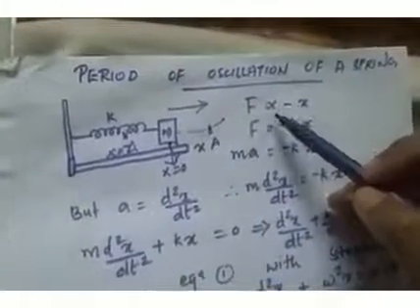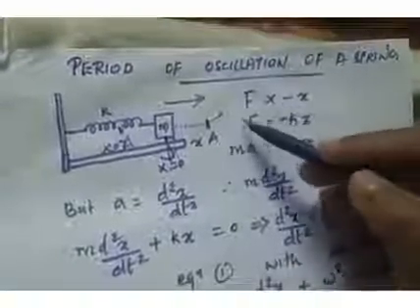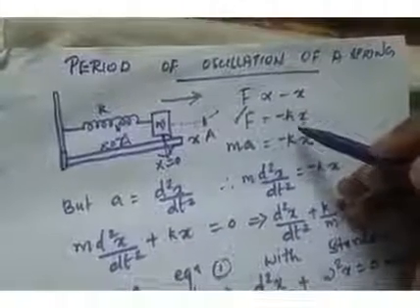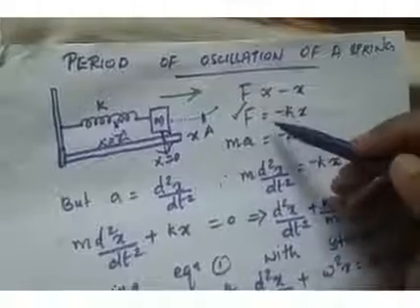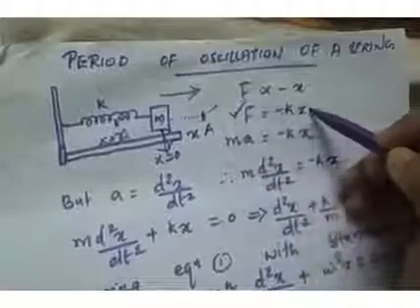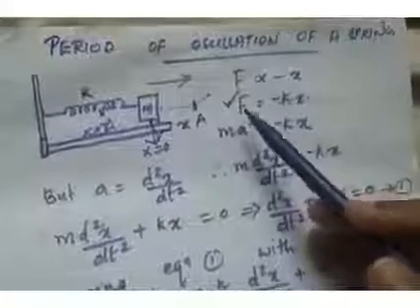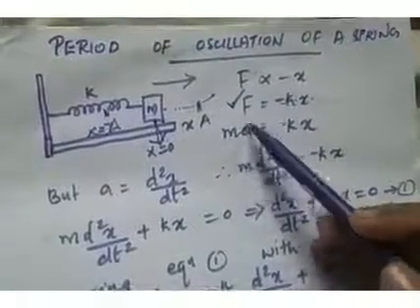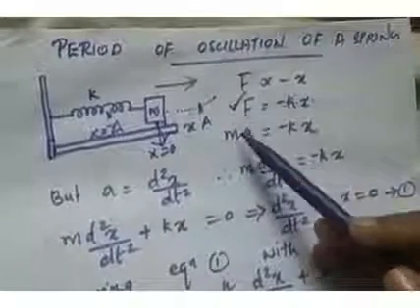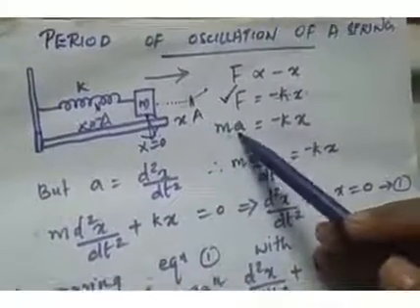Now we had already studied the force law in simple harmonic motion. In simple harmonic motion, the expression for force is F is equal to minus kx, where k is this spring constant. We discussed this force law in the previous session. And we know that force is mass into acceleration, so this expression can be rewritten as F equal to ma. Instead of F, substitute ma: ma equal to minus kx, where a is the acceleration.